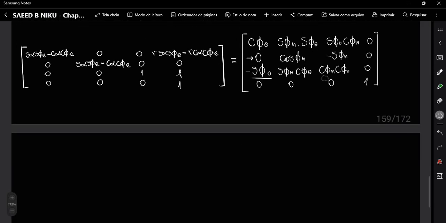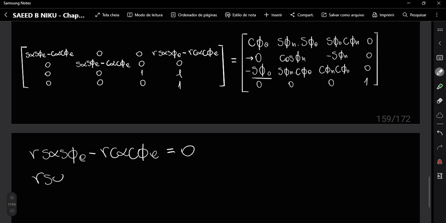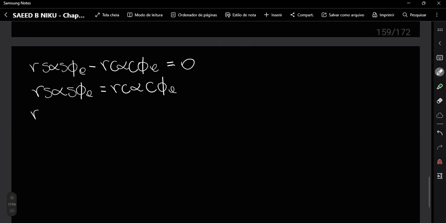And let's try to write now this. Or sine of alpha, sine of A, which is equal to R cosine of A, R sine of alpha divided by R cosine of alpha, which is equal to